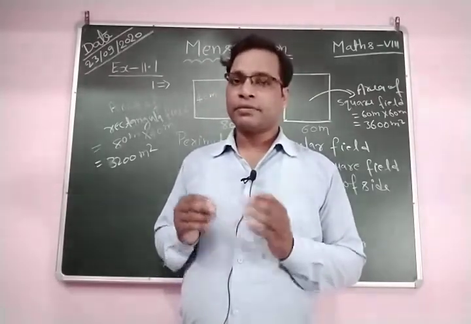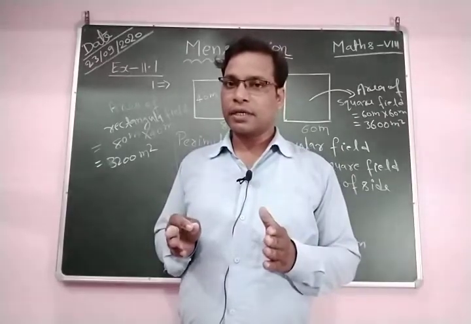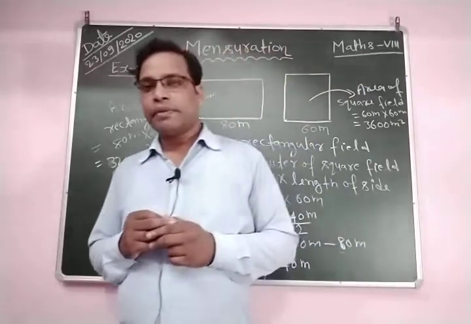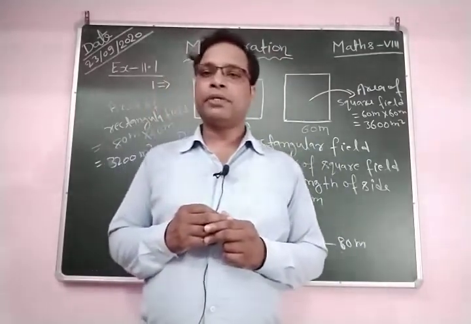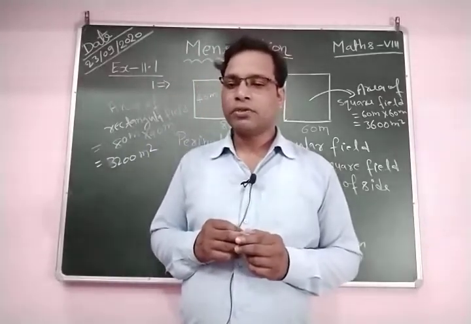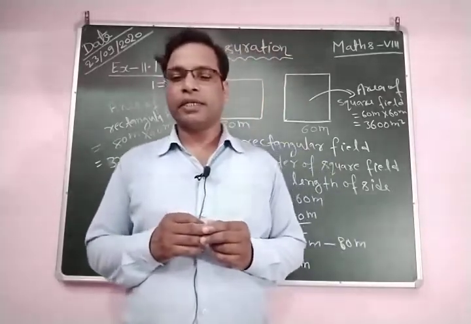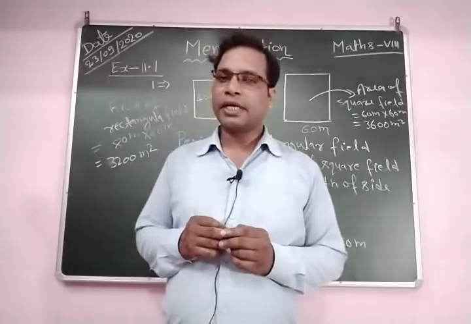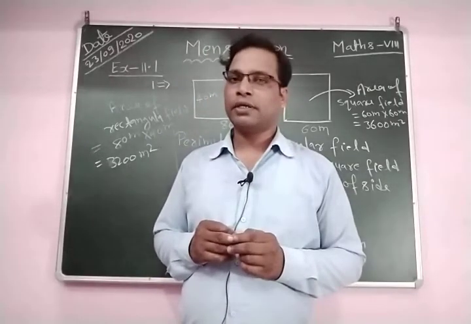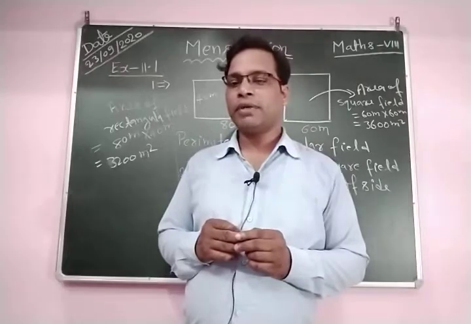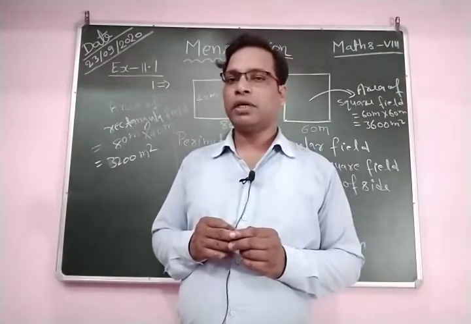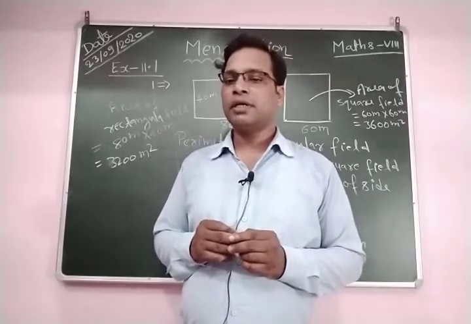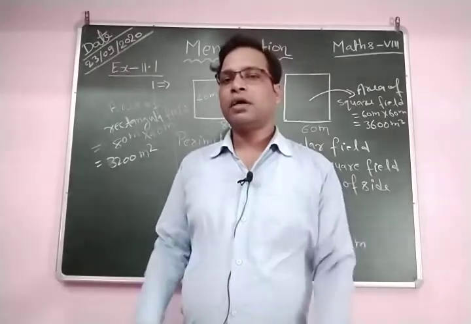This is the area of the garden. Okay, and the rate of developing the garden is given here, 55 rupees per meter square. So here we need to find the total cost of developing the garden. The rate of developing the garden is 55 rupees per meter square. Okay, so let's see, if you multiply 55 rupees into 325 meter square, then you obtain the cost of developing. Okay, so let's see how to solve this question.